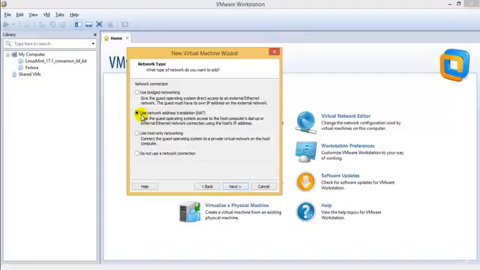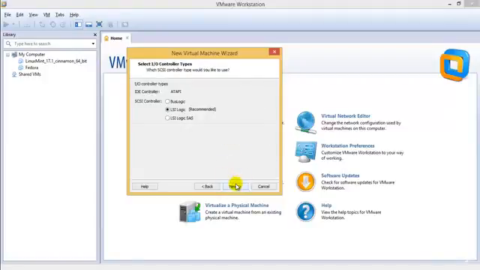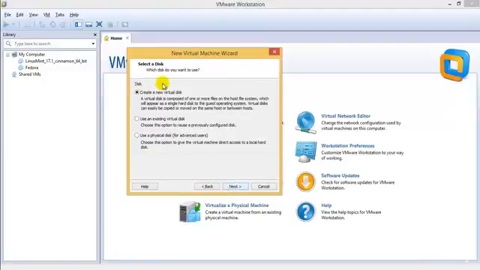So always use network address translation, that's the NAT connection, because if you use bridged networking, then the guest must have its own IP address on the external network, else it won't work. If you use host-only, then it will only connect to the host network, and as it suggests, it's self-explanatory, so do not use that connection. We will be using NAT, since we need to connect each and every other operating system we have. Click next. We don't have anything to do with this, just click next and create a new virtual